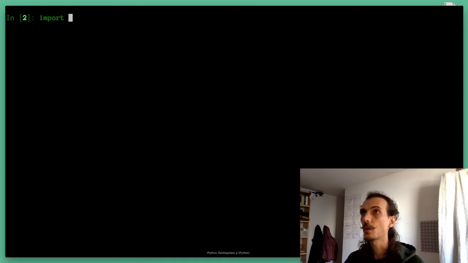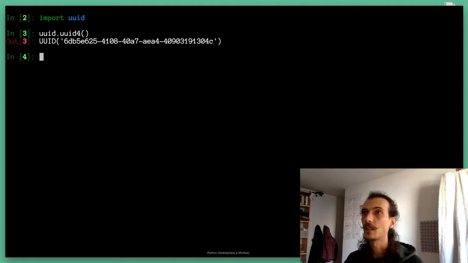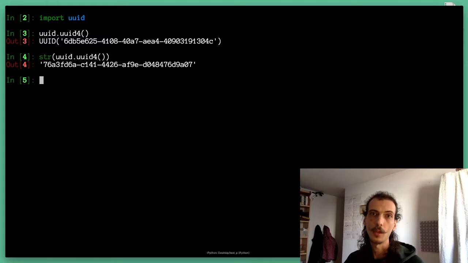You do import uuid and you call uuid.uuid4, okay? And you have a class of UUID. You can just convert it to a string, and there is your random string. You can now name your files, for example, like this, .png,